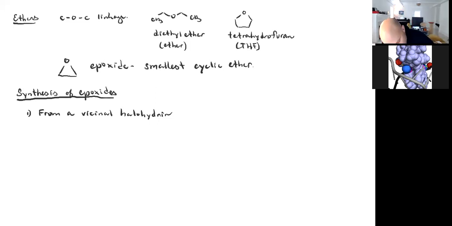And so that is going to be any type of molecule where I've got a hydroxy group and a halogen in a 1-2 relationship. They're separated by two carbons. So if I were to number,